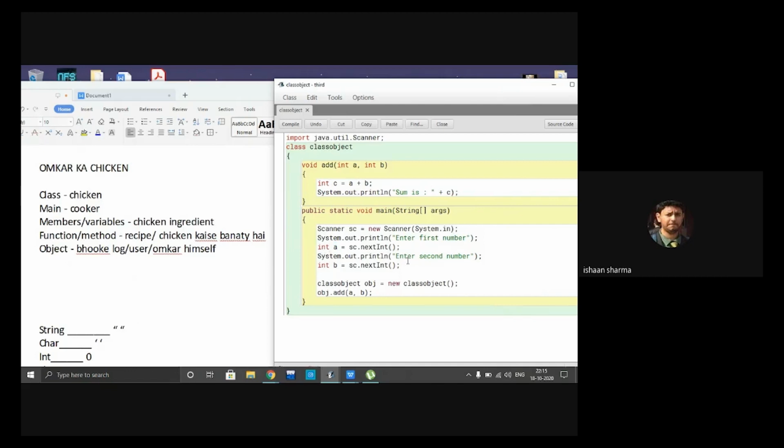The data type will be int. So what I have done here is I have created void add, so this is my function and these are my variables.